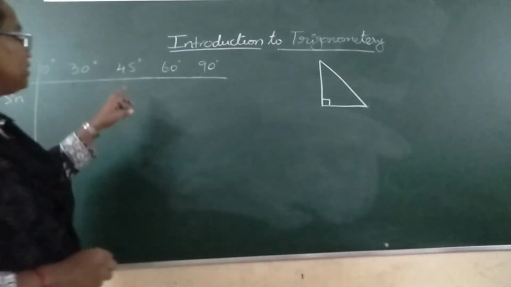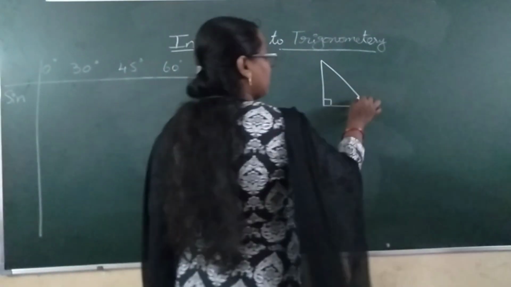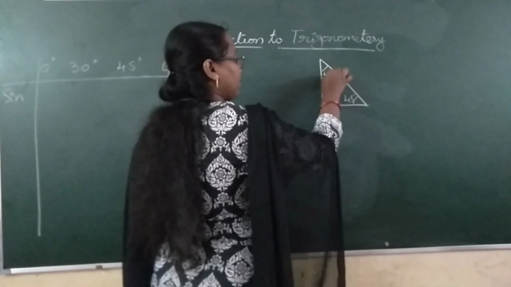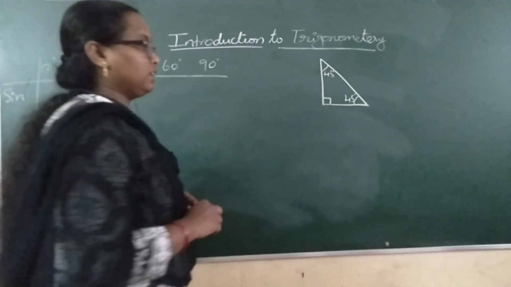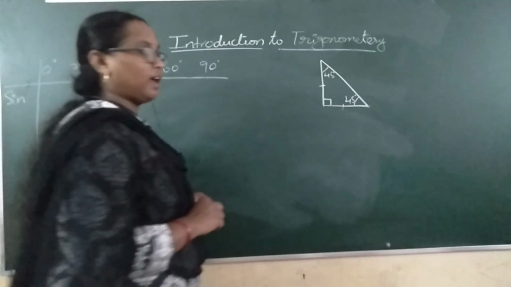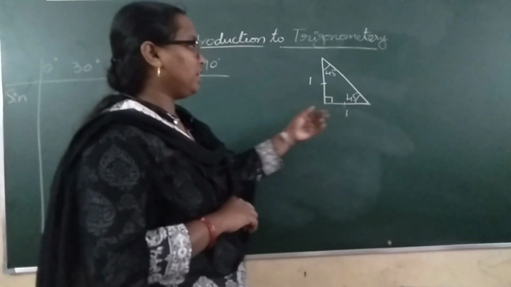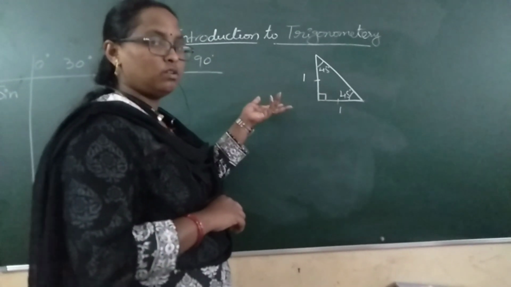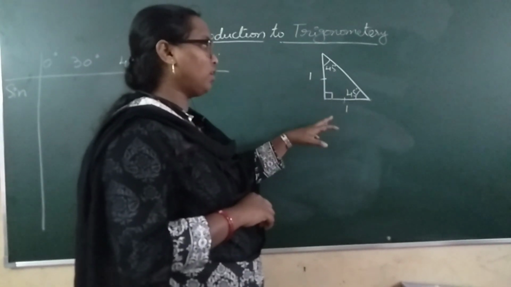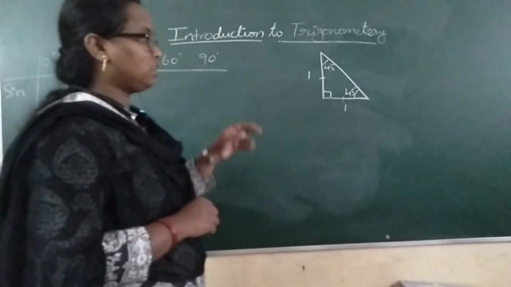let me show you 45 degree first. I am taking 45 degree here. When I take 45 degree, this angle also will become 45 degree, right? Clear? So which type of triangle is this? Isosceles right angle triangle. So if this is 1 unit, here also it will be 1 unit. If you take 2 units, this also will become 2 units. For understanding, I am just taking 1 and 1. Whatever value you want, you can take, even x and x. It's fine. 1 will be easy to understand, that is the reason I have taken 1.